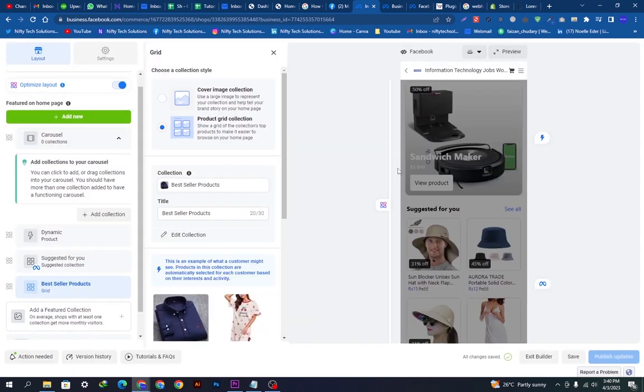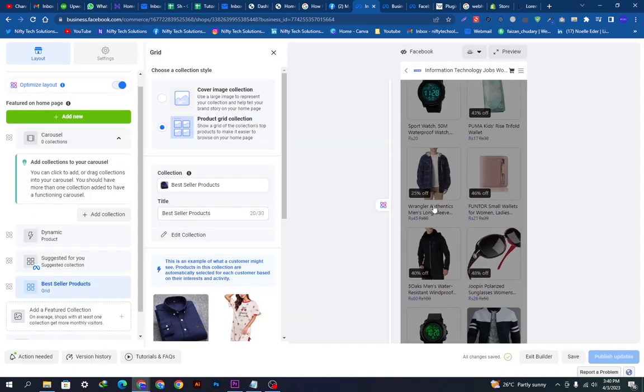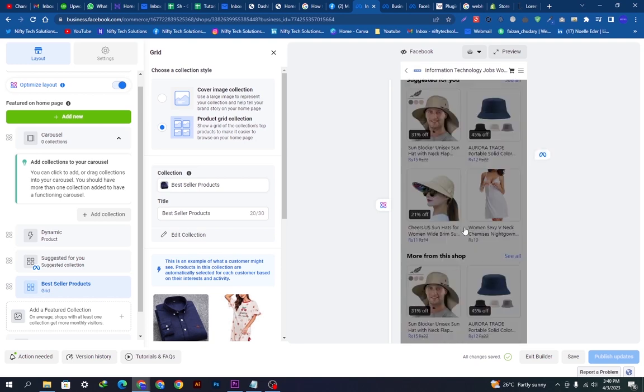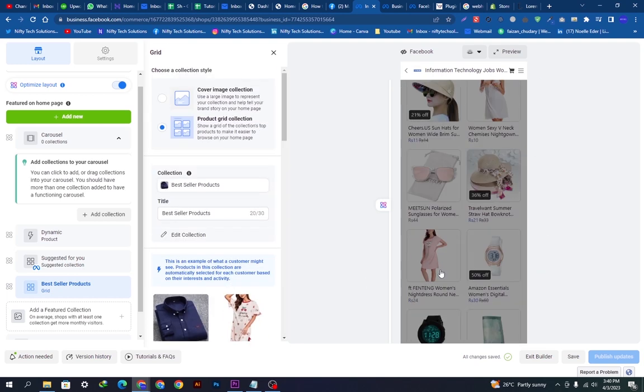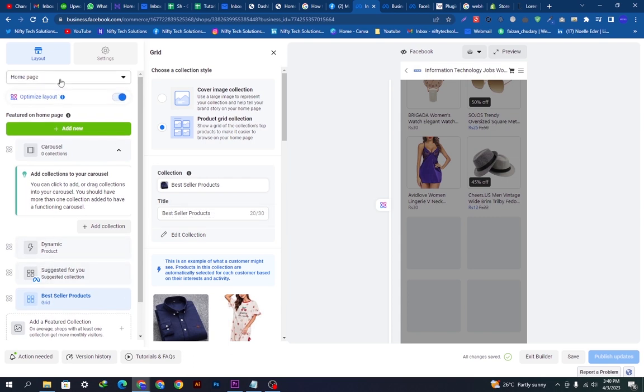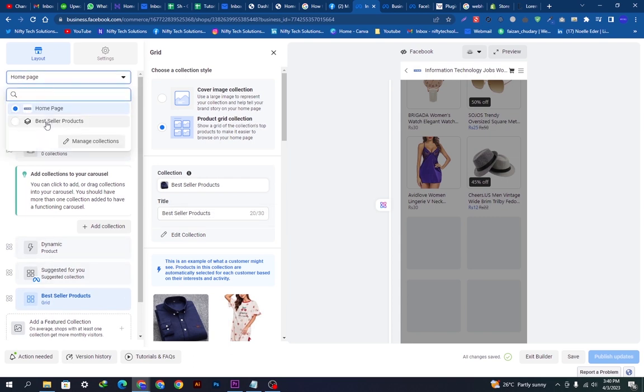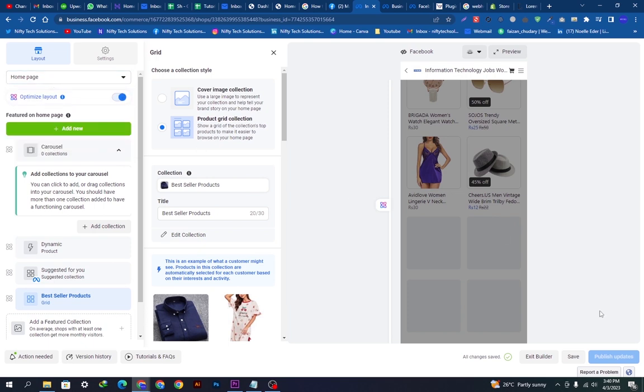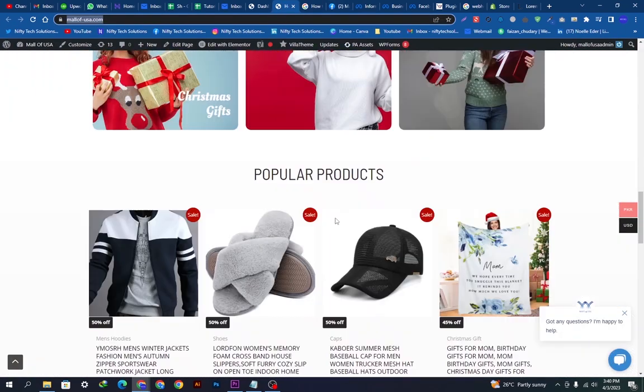move forward. Then we will add this, and there you can see the grid is added, the bestseller product on my home page. Here you can see. Okay, so this is the home page which we have added. Okay, this is the bestseller product on the other page. So that's perfectly fine. Let's exit builder and we will come here, and you can see this is the website